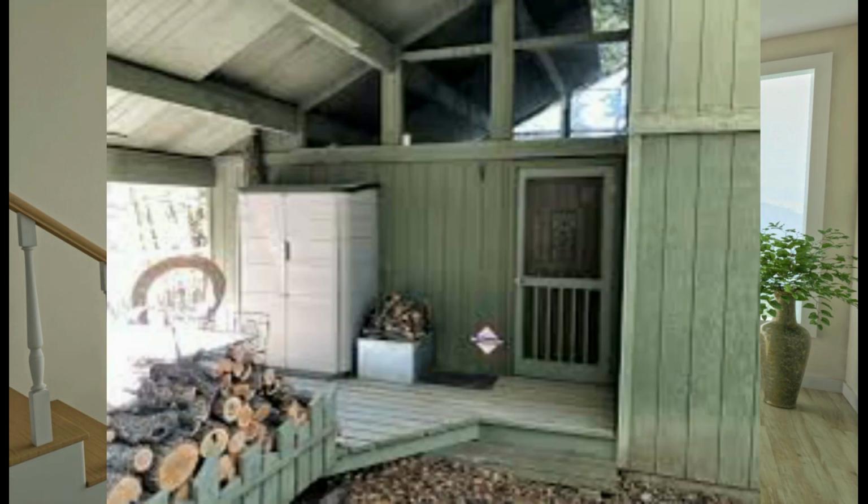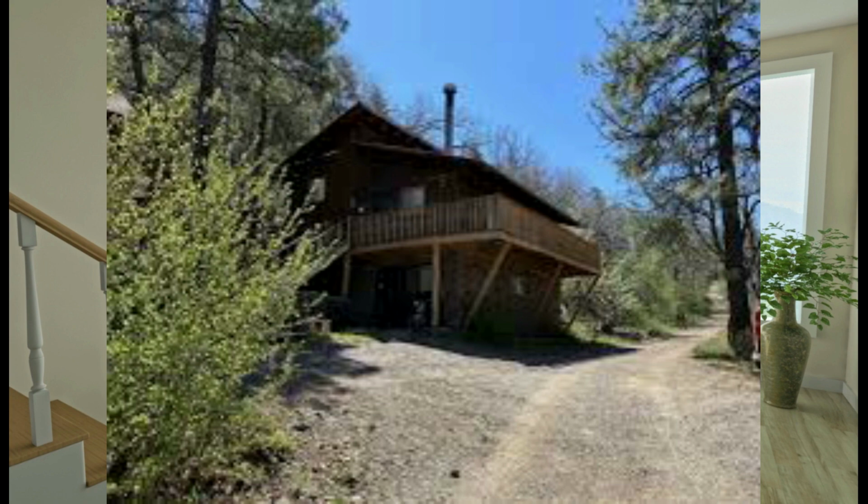Now, I do want you to know that a lot of the cabins in there are fixers. So a lot of the cabins, I will show 5 or 6 buyers, and they like it, but then when they get there, they realize, ooh, I have some work to do. Not everybody likes to do that kind of work, but if you're kind of handy around the house, you can take something and make it really beautiful, kind of tailor it to your own taste, and add a lot of value to your property at the same time. So a lot of, I would say, really good deals in there if you like the secluded off-grid type of